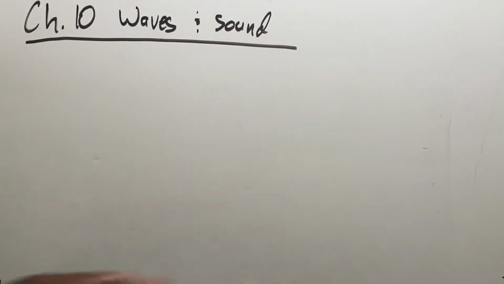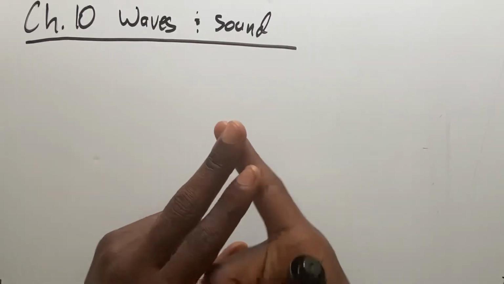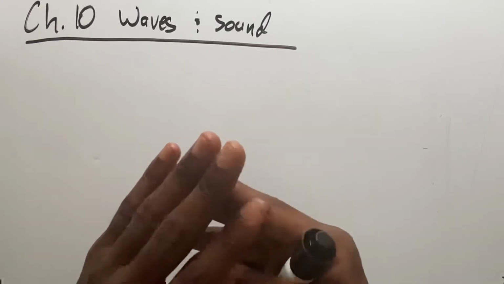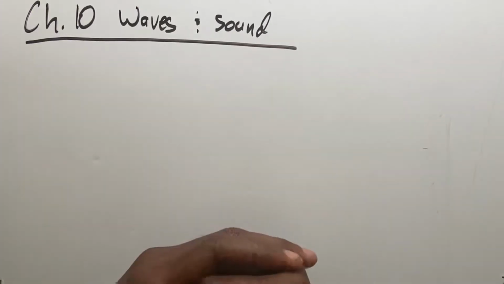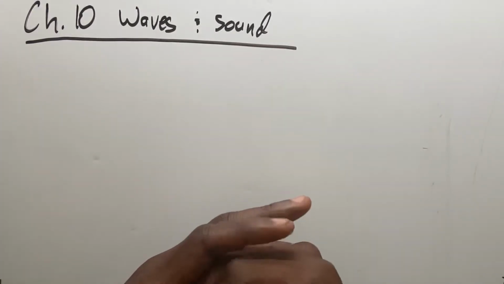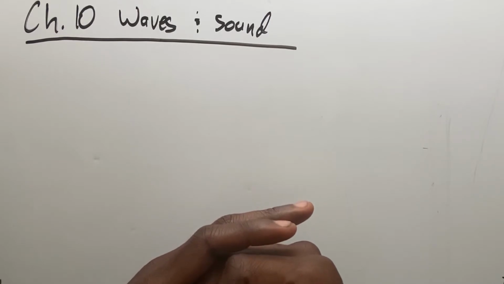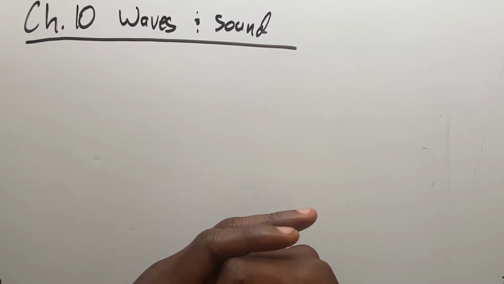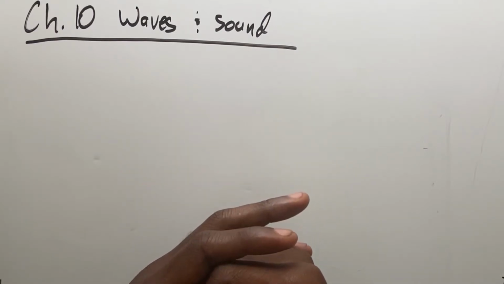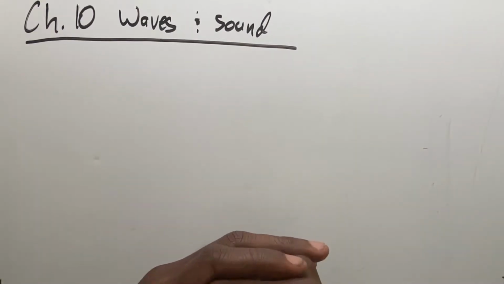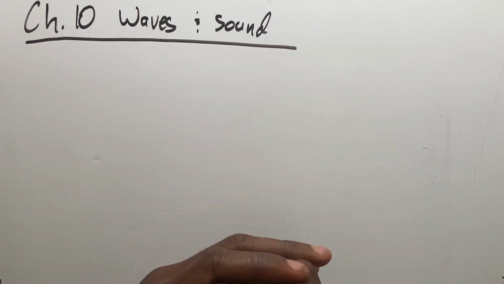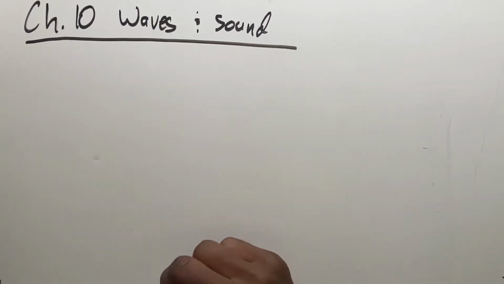So here in this video, I'm just going to be going through the PowerPoint on Blackboard, basically going through vibrations and waves, wave motion, transverse waves and longitudinal waves, sound waves, reflected and refracted sound, forced vibrations and resonance, interference, Doppler effect, sonic booms and bow waves, and musical sounds. All right, so let's get right into it.